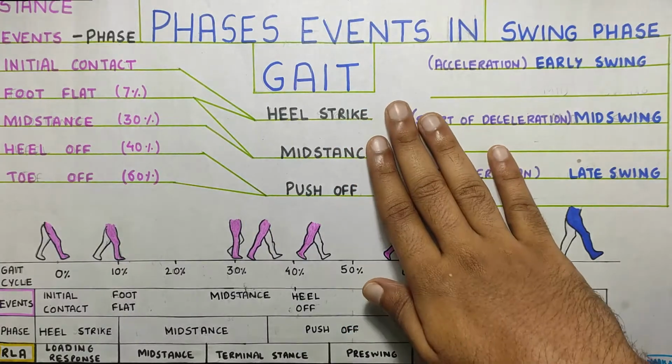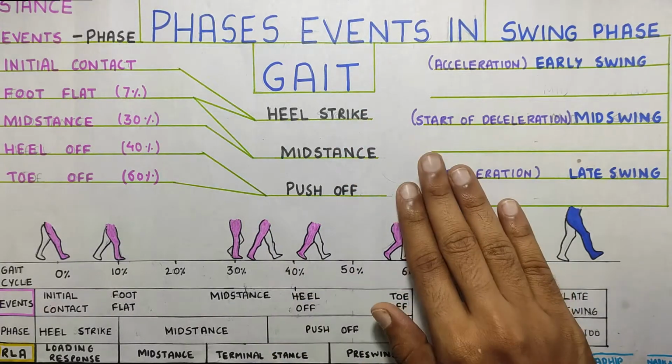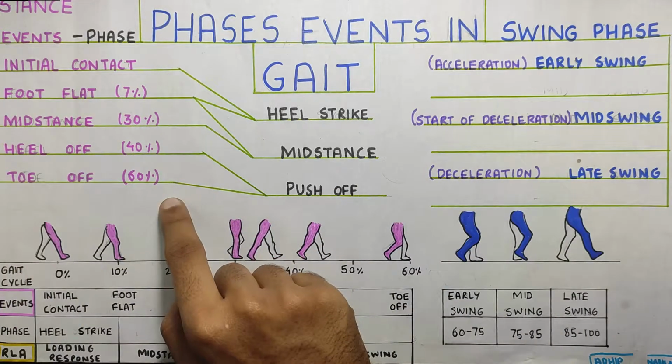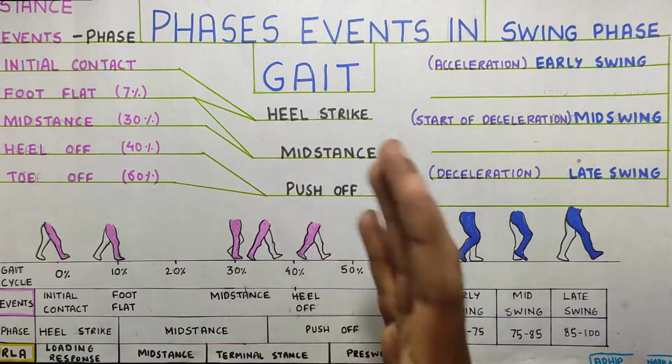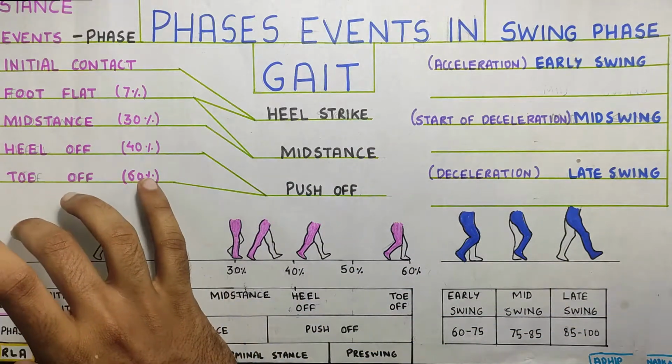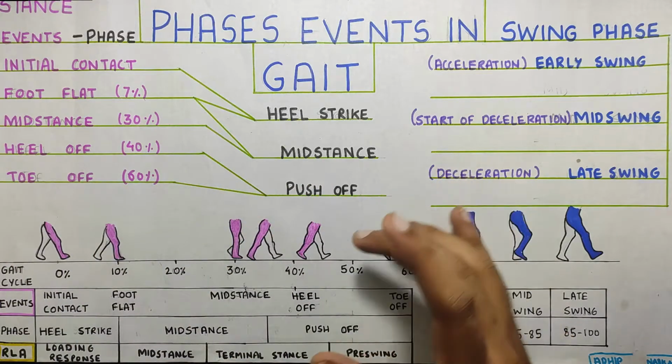First, heel off, where your heel comes off the ground, and then finally you go for the swing, so you push off the ground totally, so that is the toe off. So this is the sub-categorization of the stance phase. Okay, so now that we have understood what happens in the stance phase in a picture format, now let's look